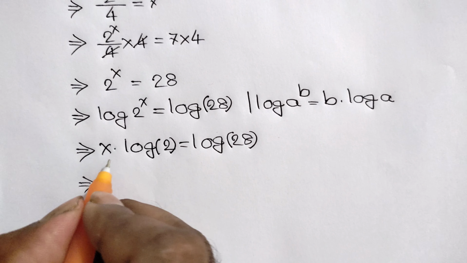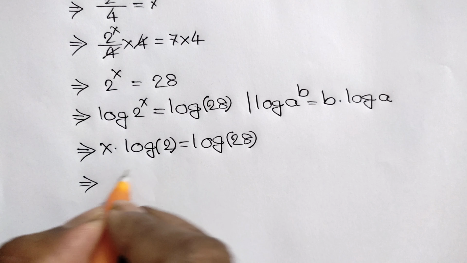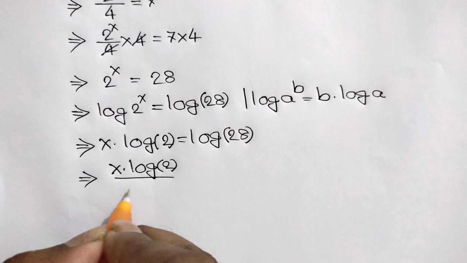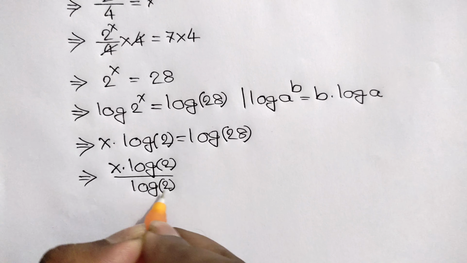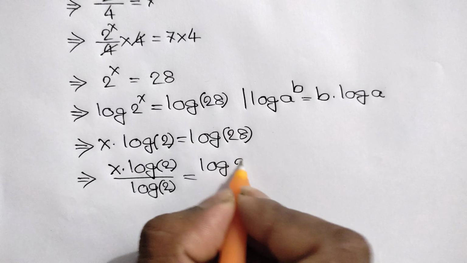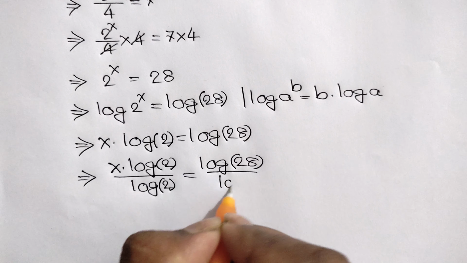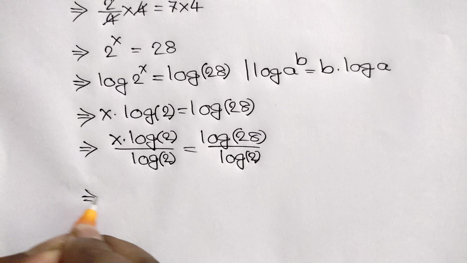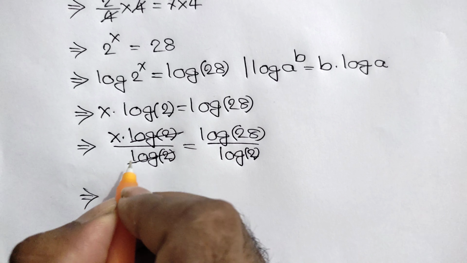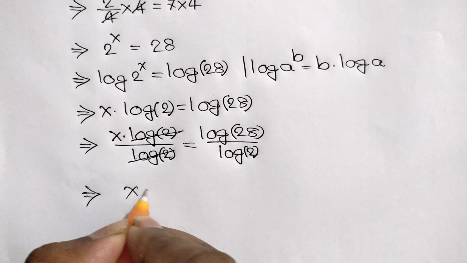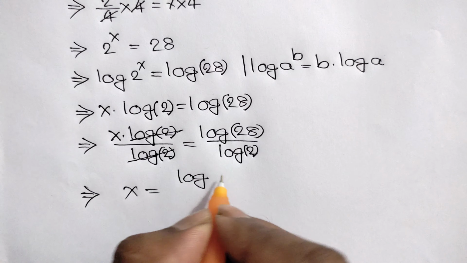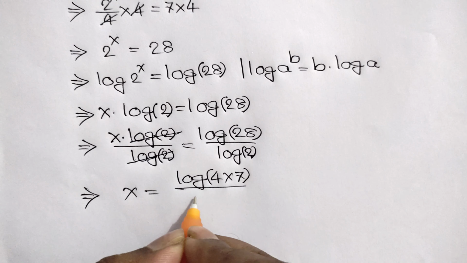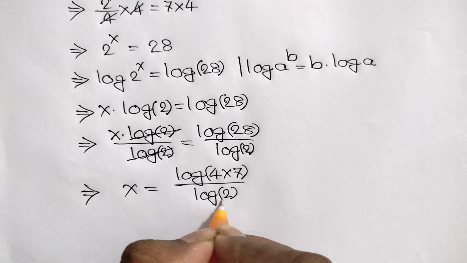We need the value of x, so dividing both sides by log of 2 we can write x times log of 2 over log of 2 is equal to log of 28 over log of 2. Now this log of 2 cancels out this log of 2, so here we will get x is equal to log of 28, which can be written as 4 times 7, over log of 2,